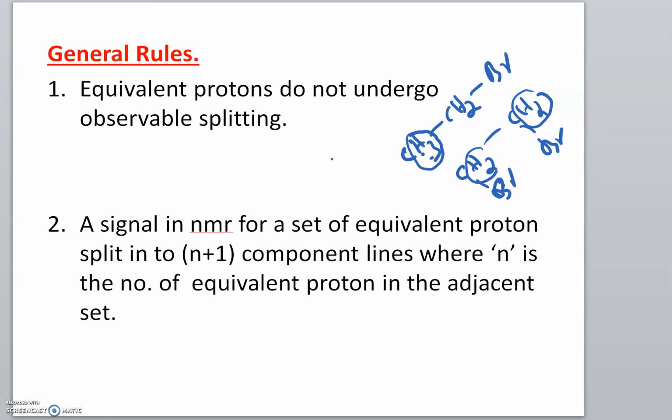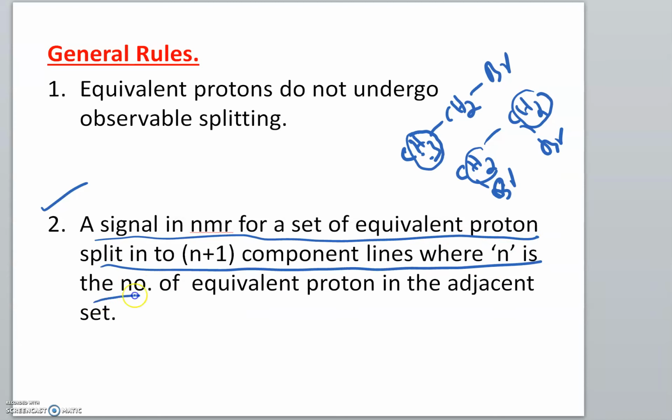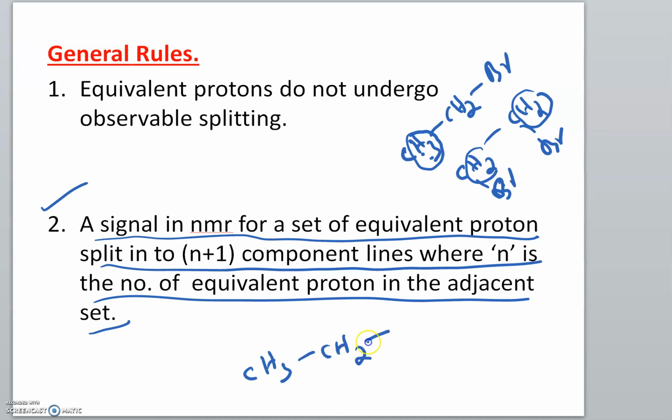if they are equivalent. Okay, then next important point: a signal in NMR for a set of equivalent protons splits into n+1 component lines, where n is the number of equivalent protons in the adjacent set. That's a very important rule. For example, if we consider again this compound CH3CH2OH, ethanol. Therefore, the splitting of CH2, like a line of CH2 split into